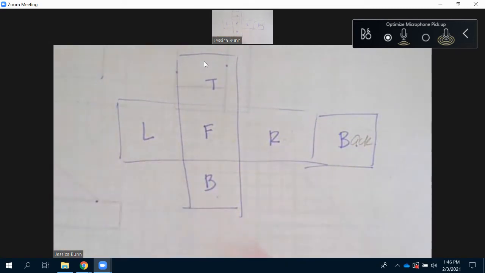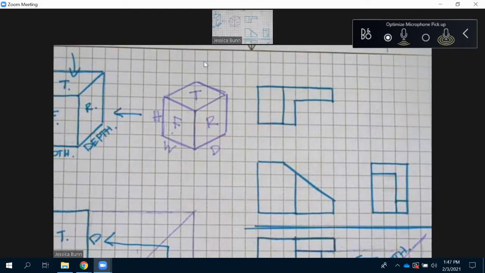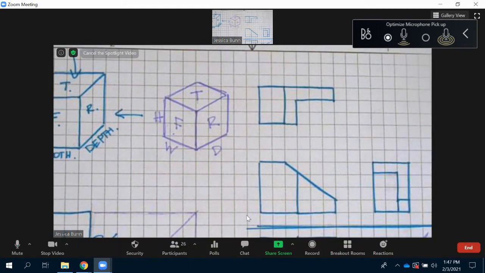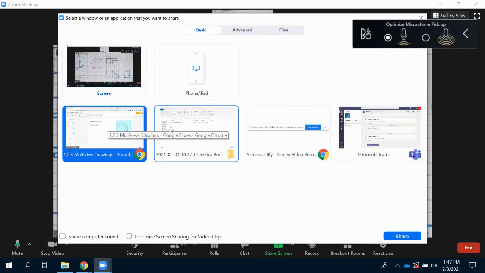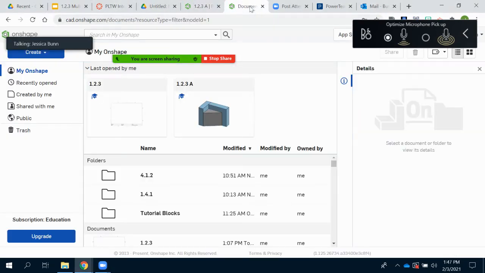So we're going to try our best to wrap our heads around these concepts without doing that. Now that I'm realizing how beneficial this whole situation was, unfortunately, but it's okay. We're still going to make it work. So looking back at these objects, this is going to be your front, your right side, and your top. So if I look at the 3D model of it,